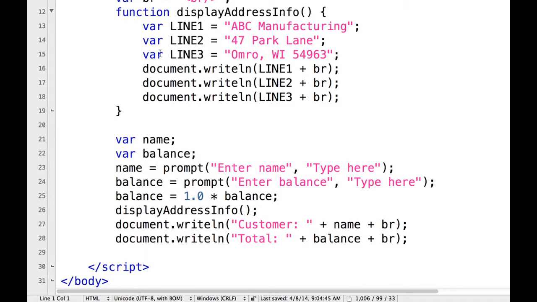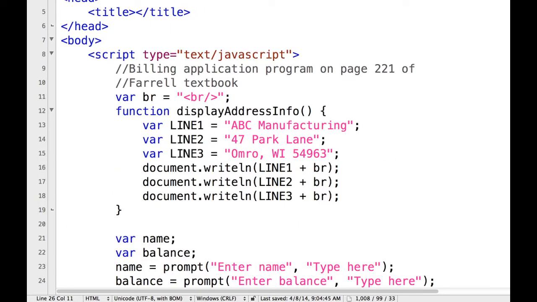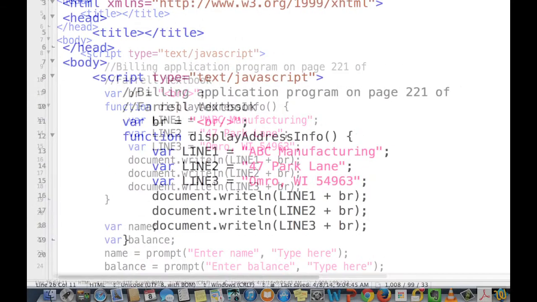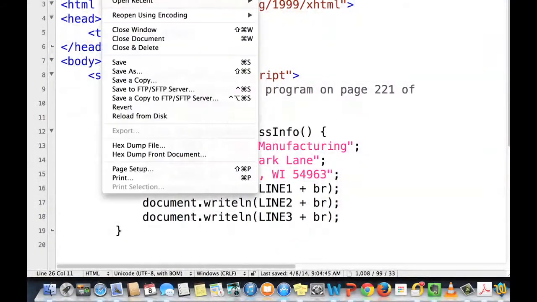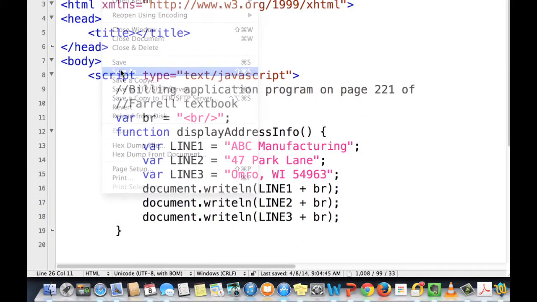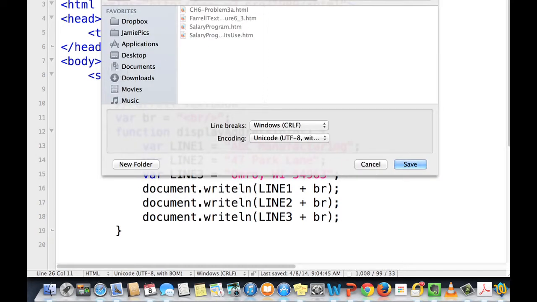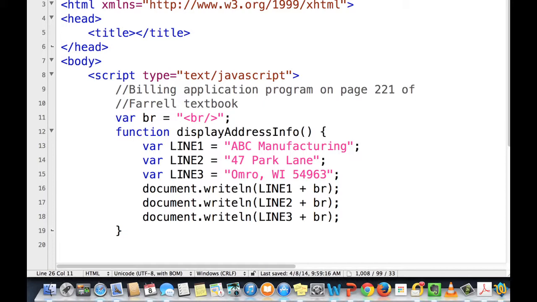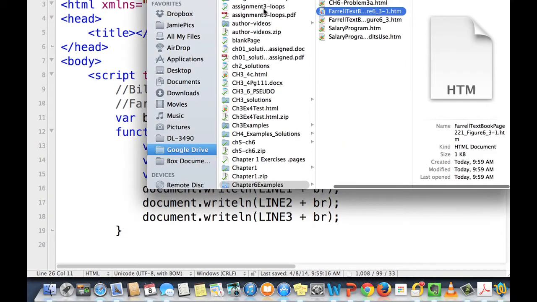This function, we can have as many functions up here above the main section, and it will just execute them only if they're called. So if this line was commented out, let me save it. Oh, I'm not getting to see my file. Save as, I'm going to call this figure 3-1. Okay, so if I save it like that, then execute it,